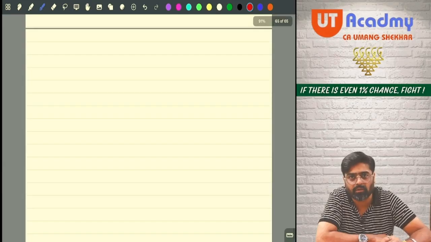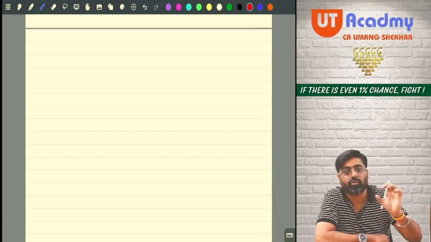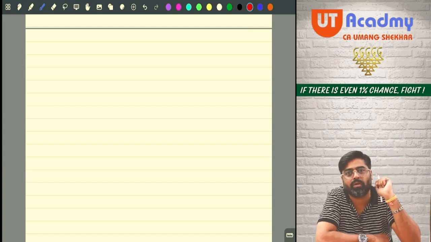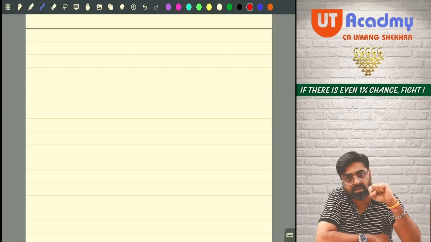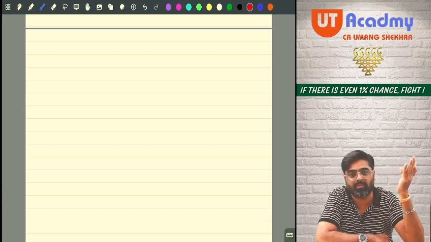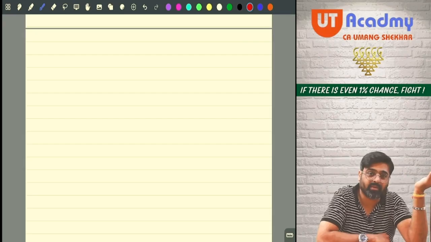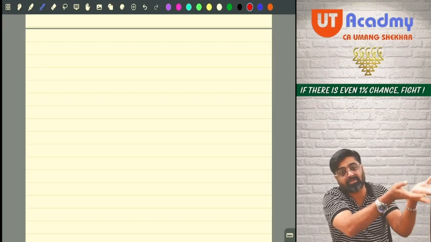UK means Uttarakhand or United Kingdom? It means England. So the bonds of the UK government will be issued by the UK government only, no? So you have bought UK government bonds, and on those bonds interest is coming. Can I say the UK government is a foreign government? You have bought foreign government bonds. If interest is coming on those bonds, that interest is accrued outside India.